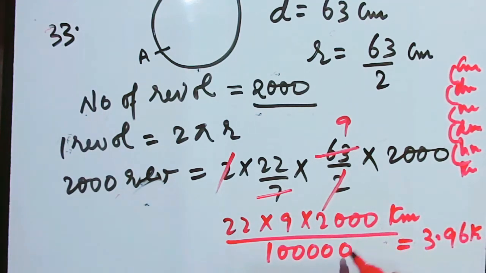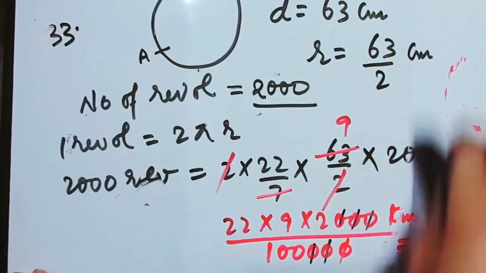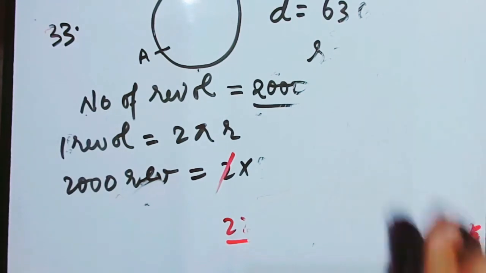So when you divide this, you can see it's not very tough. Just cancel this, 1, 2, 3, 1, 2, 3. Then you multiply the top one, which you will get 3960. 3960 by 100 will give you 3.96 kilometer. Okay, moving on to the next one, there are just a few sums. I won't take much of your time.